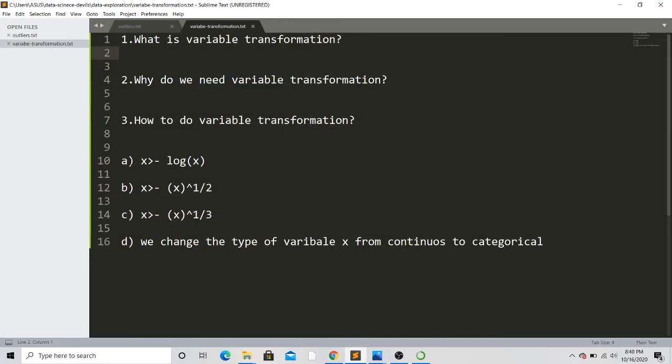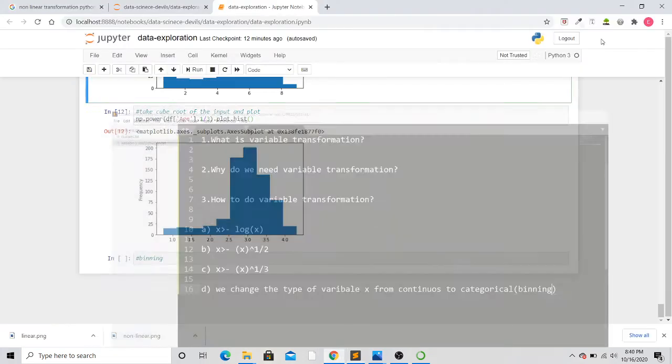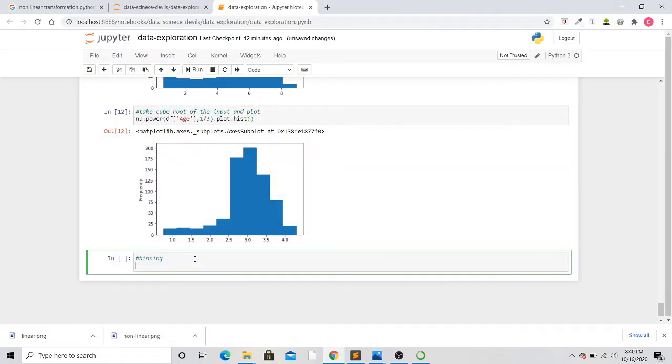So here we have discussed these 3 ways of doing variable transformation, and now we will look at the 4th way. And the name of this way is binning. Don't get confused by its name. It is very simple. We simply change the type of variable x from continuous to categorical, and I have already discussed it at the start of the video.